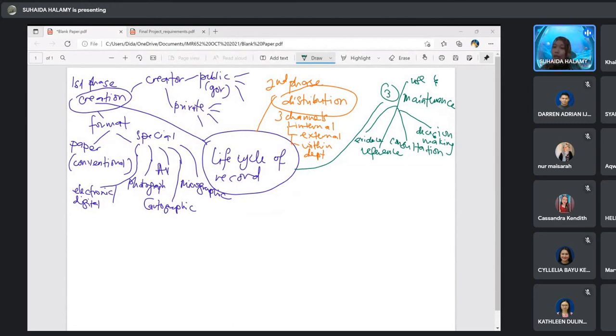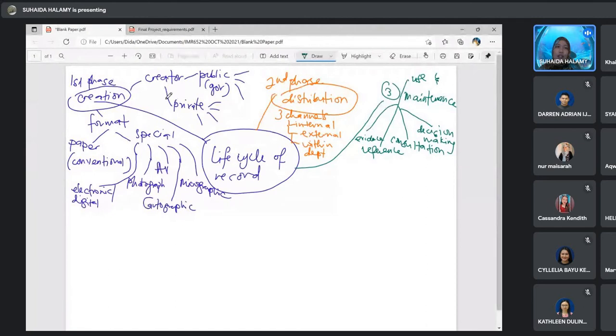Dia akan refer balik pada you punya history sakit tu apa semua. And then you make a consultation with the doctor. Alright, so these are the 4 common use of record. Okay, for the evidence, for the reference, consultation, and also decision making. Okay, I hope you clear for that one.